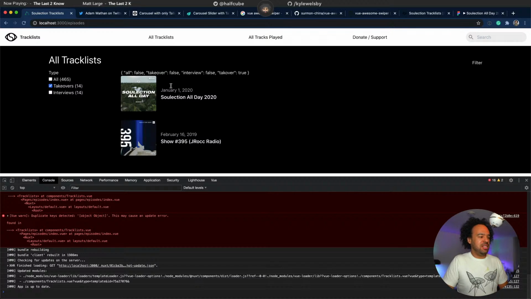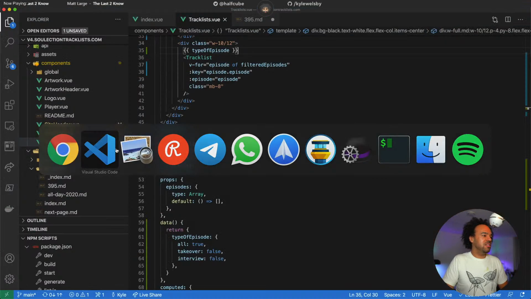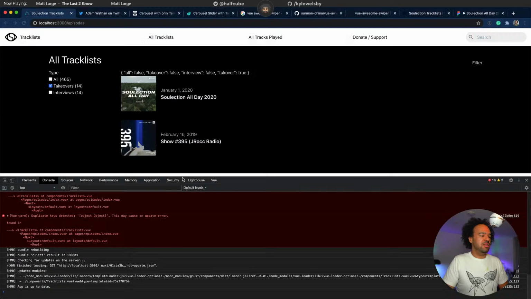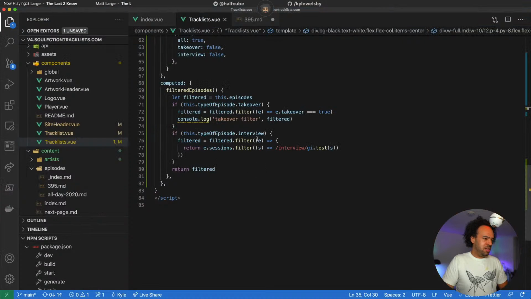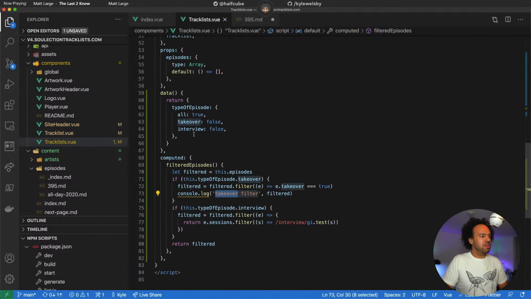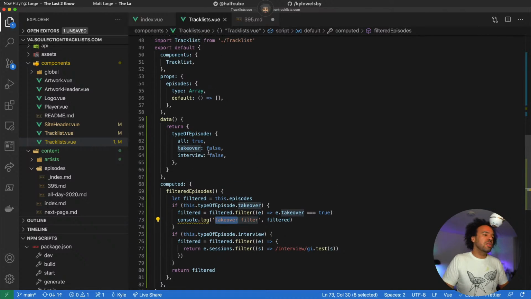I'm expecting this content to change when I trigger that, and it's not doing as expected. I was also expecting it to trigger the change in this computed, which is interesting. Why are you not doing that?